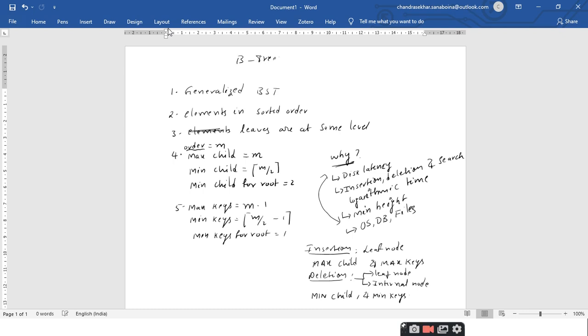Clear, sir. So we have discussed in-depth the complete B trees concept, starting from the definition and then the properties and the purpose of B trees, along with an illustration with an example for the insertion and deletion operations. And search operation also we have done. So this is the end of the topic B trees, and this is the end of today's session.